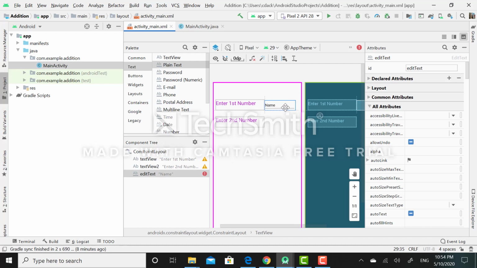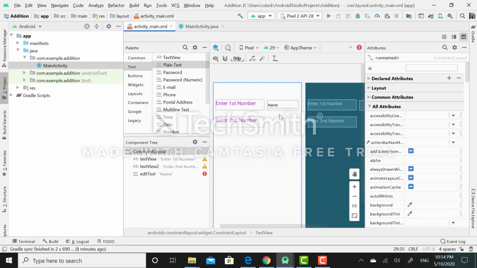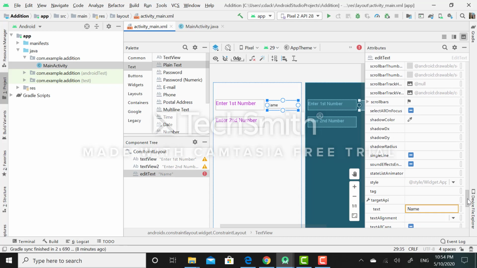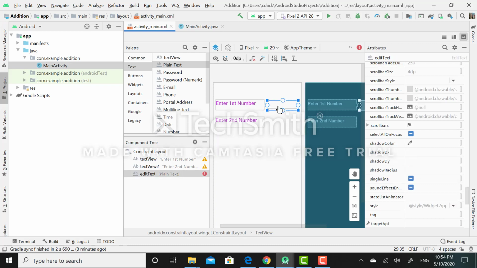So in this way I have set its height and width. Later I will click on the text property. Here is a name message. I will simply remove it. Then my next task is to set its alignment.